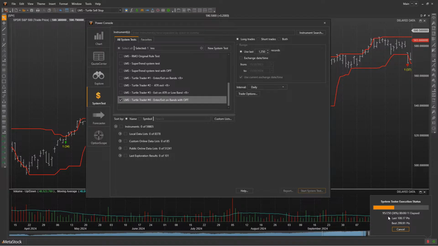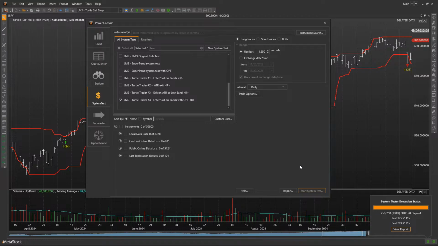Now, if you're not familiar with what optimization is, optimization gives you the ability to say, hey, I want you to test this band system, but I don't know if 20 periods for the upper band is the right length. Instead, I want you to test anywhere from a 2-period band to say a 100-period band or 50 or whatever in increments of 2. So I want you to test a 2, 4, 6, 8, all the way up to 50 or 100, for example. And then same thing for the lower band. I don't know if 10 periods is the right length for the lower band, so I want you to test a whole bunch of them there.